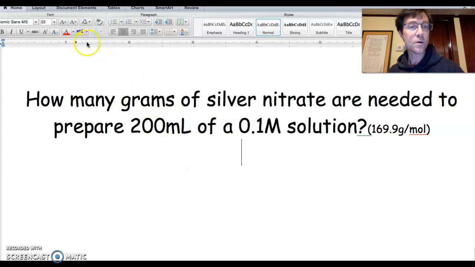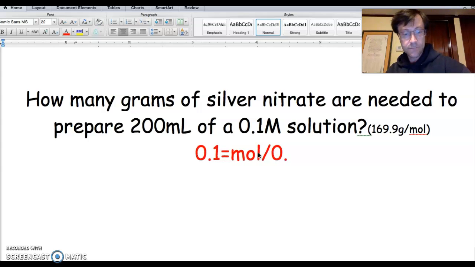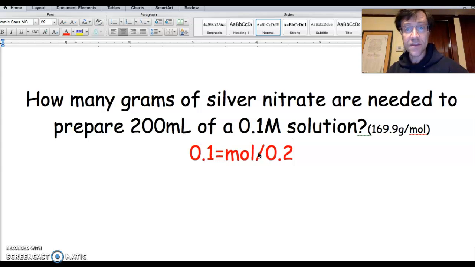Okay, we're going to do this one. This is going to be super easy. So 0.1, that is my molarity. It is equal to moles divided by liters. We're just going to do it without even thinking about it, and that's going to be equal to